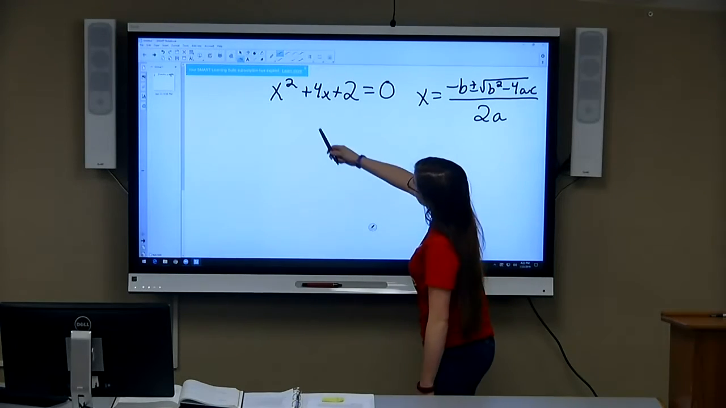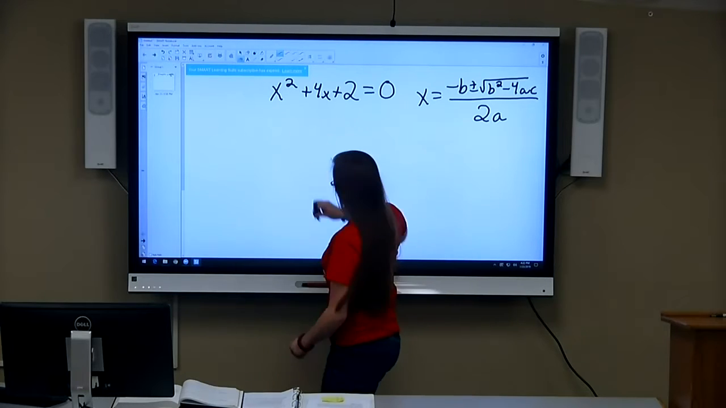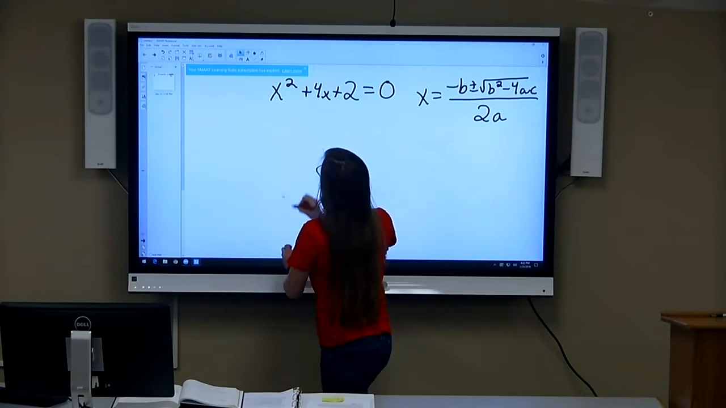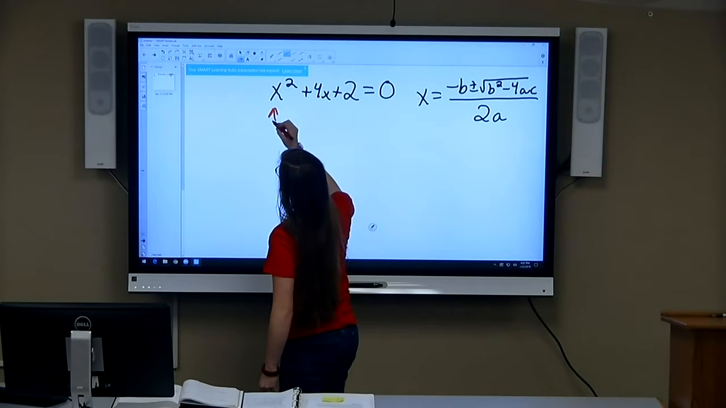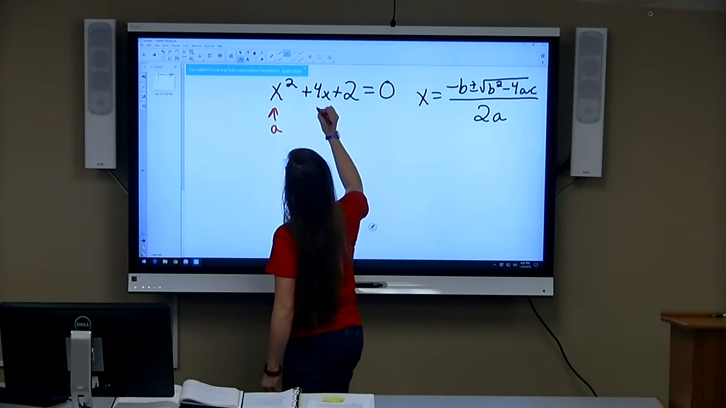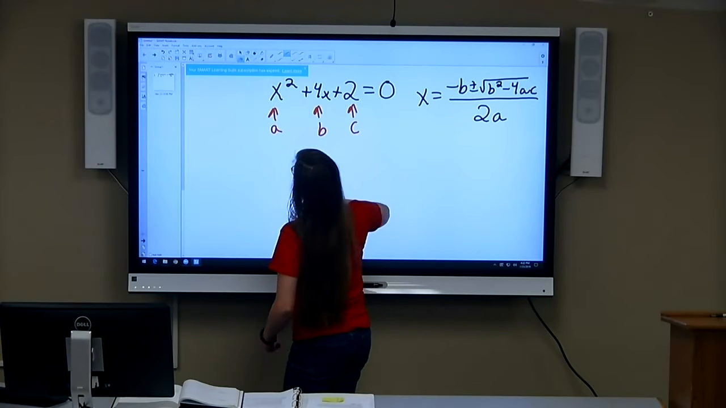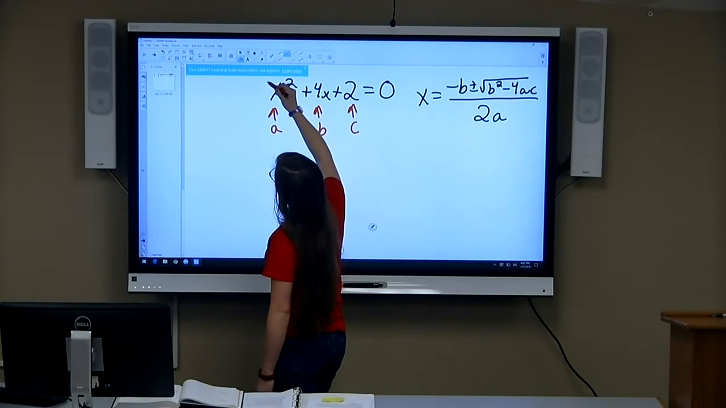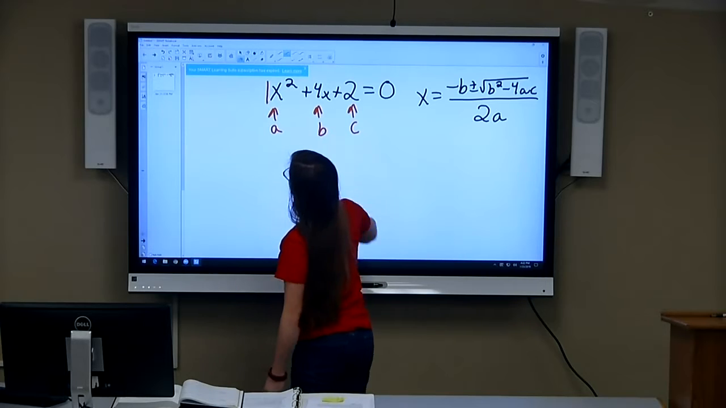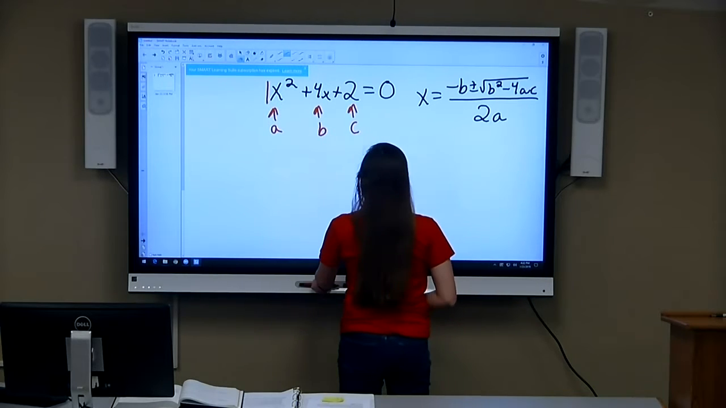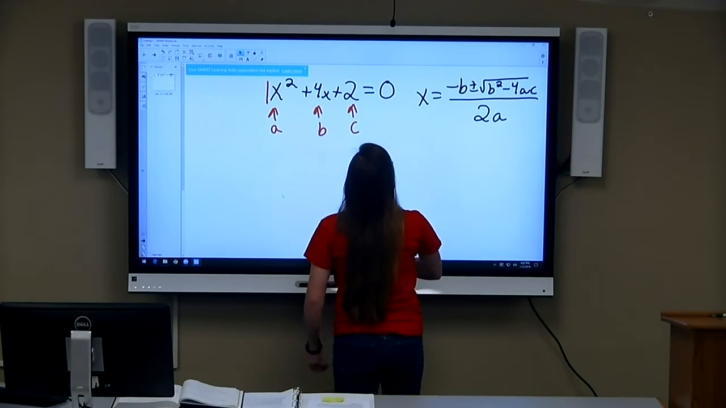So you just plug in these numbers. This will be your A, this will be your B, and this will be your C. Whenever there's nothing in front of the x, don't forget to just picture 1 as your coefficient. So when you plug that in, you'll get